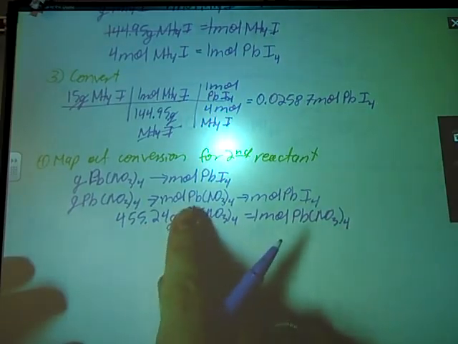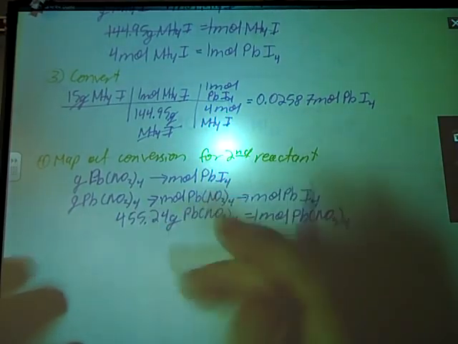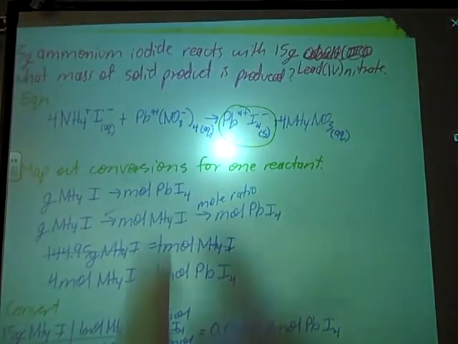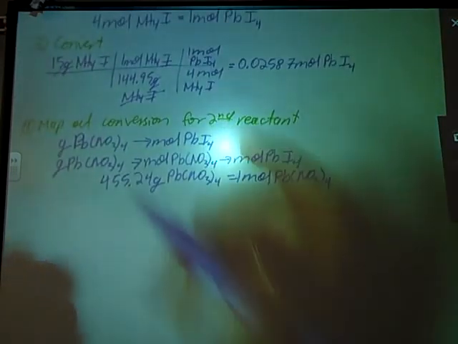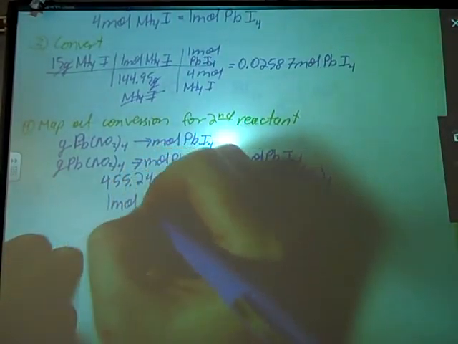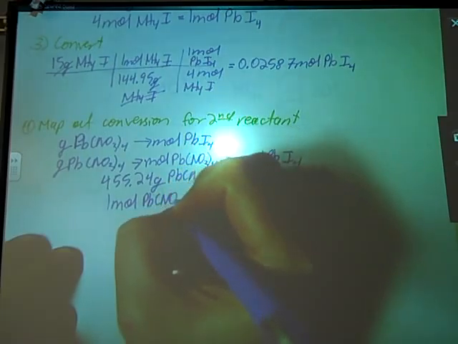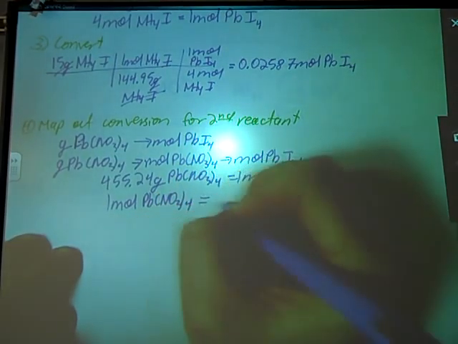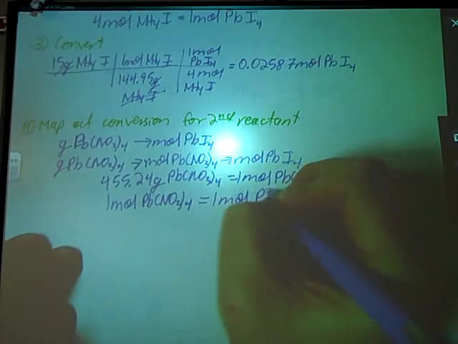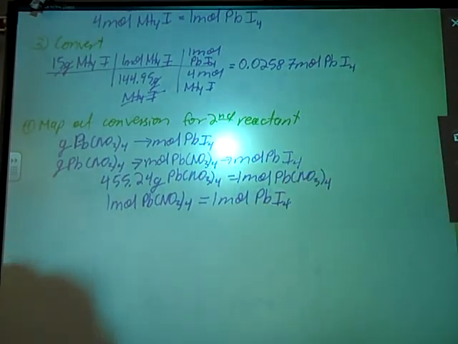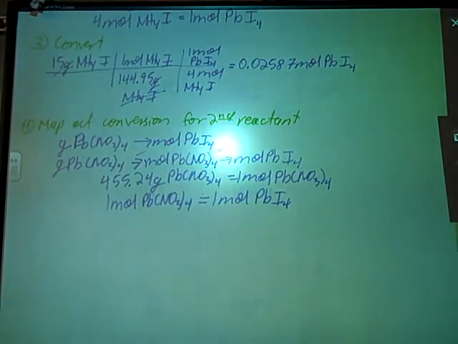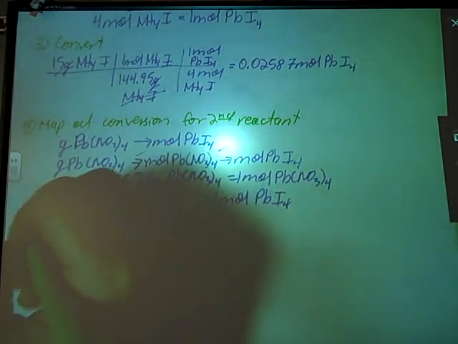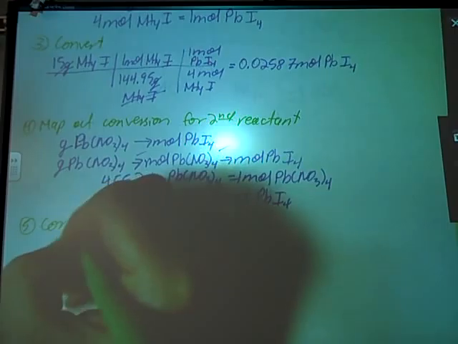And then moles of reactant to moles of product comes from our mole ratio, balanced chemical equation, way back up there. 1 to 1. We like this. Makes life easy. So 1 mole lead nitrate equals 1 mole of my lead iodide. All right, both arrows taken care of. So now we can convert our second